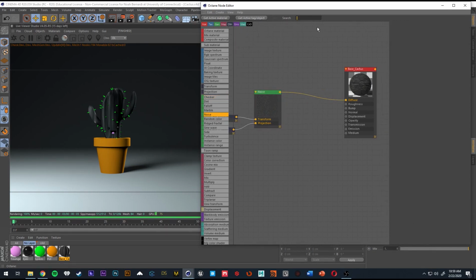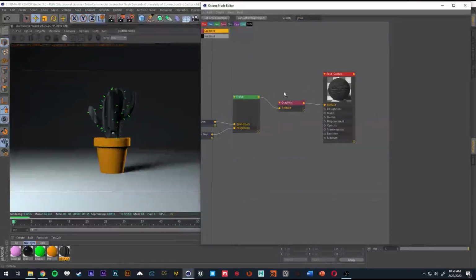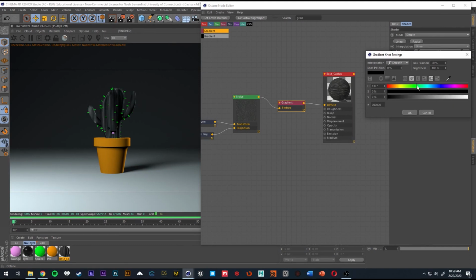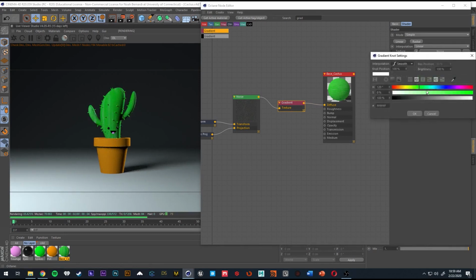So for color, we can use a gradient node, drag it in and drop it, and essentially it'll remap the colors from this noise into whatever colors we put this gradient to. So the blacks we want to be green, and then the whites we want to be kind of like